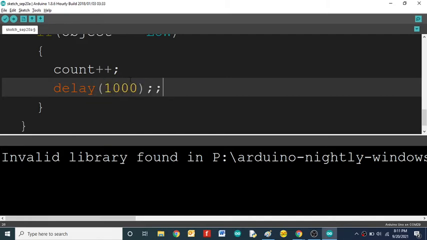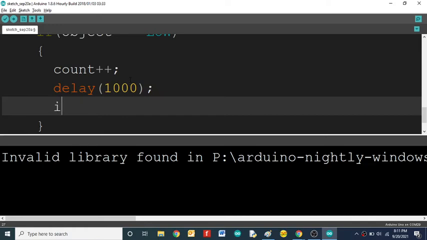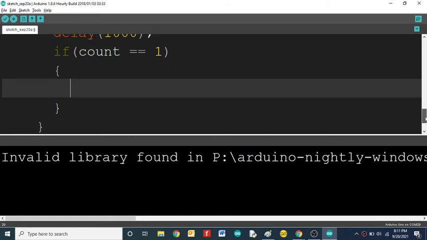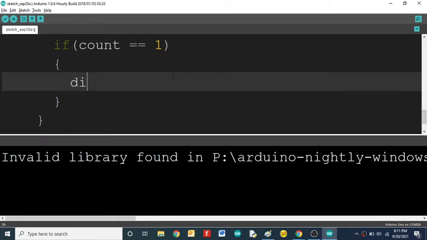After incrementing, use another condition: if count is equal to 1, then turn on the fan, right? For turning on, we should use digitalWrite, fan comma 1.